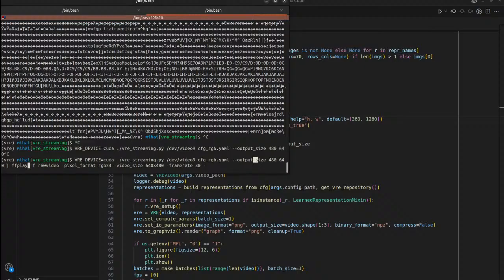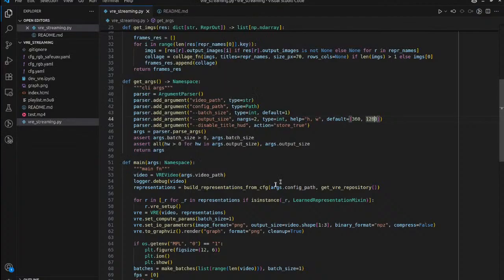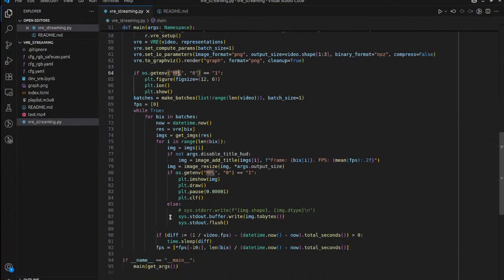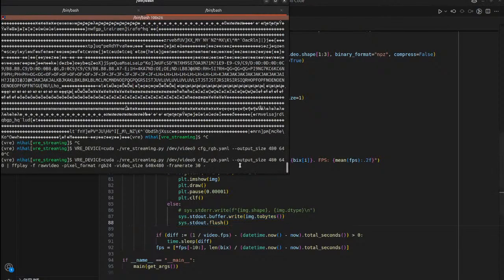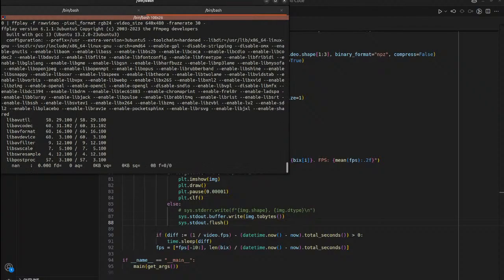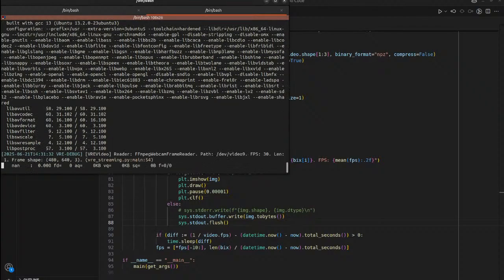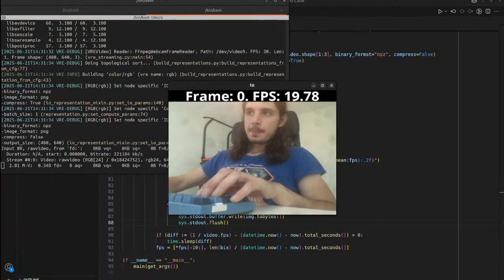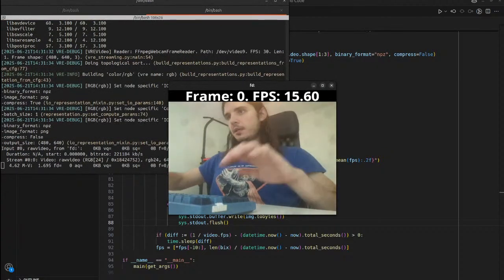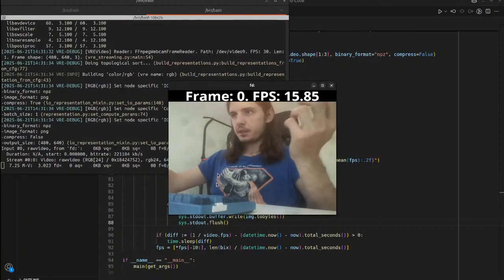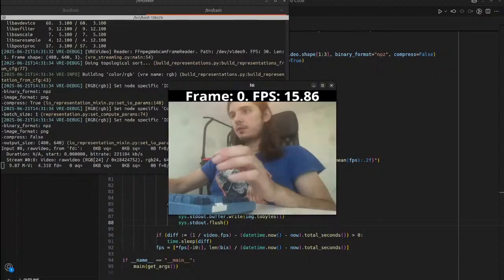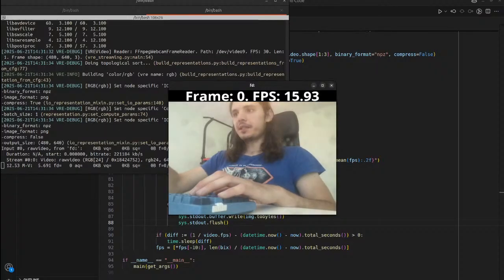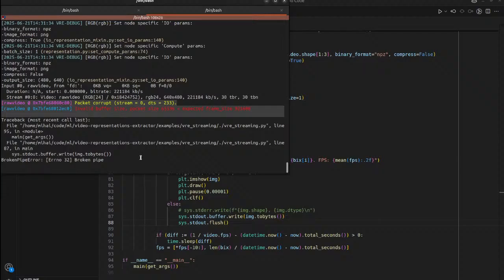So I update it here, and then if I don't use matplotlib, I just output to standard output. That means I can pipe it to ffplay, and if I pipe it to ffplay, of course, I need to put the same resolution as here, and I can just read it from the standard output from VRE streaming, and I think this should work, hopefully. And it works. Still a bit laggy because it just goes through my Python code, and that's probably the slower part. You can see myself lagging a bit there, but it's there, right? But now the nice part